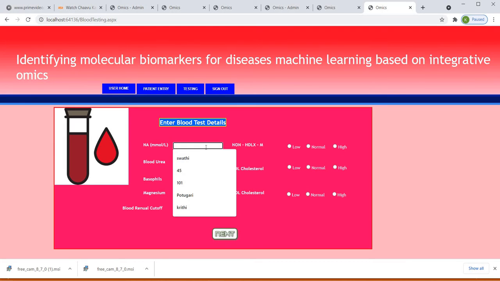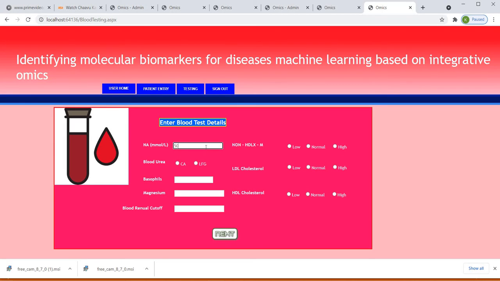Suppose we are giving 50, and blood urea, LFG and borosic something like 25, magnesium 60, 55, and non-HDL is normal, LDL cholesterol is high, HDL cholesterol is normal. These are the details that we have given.